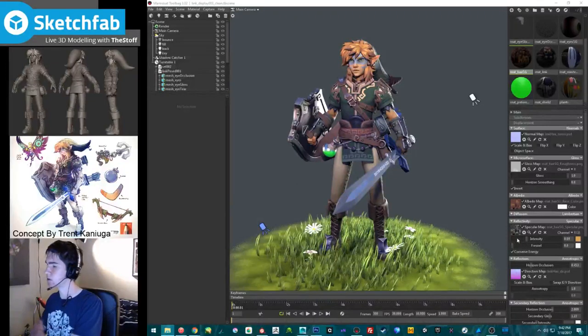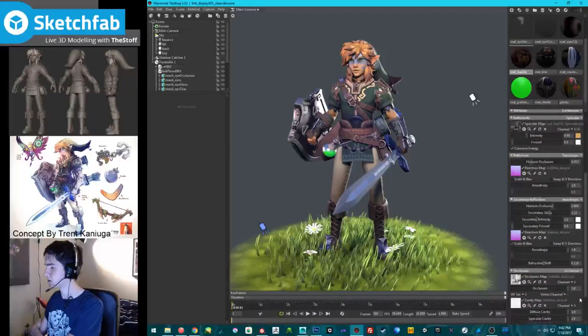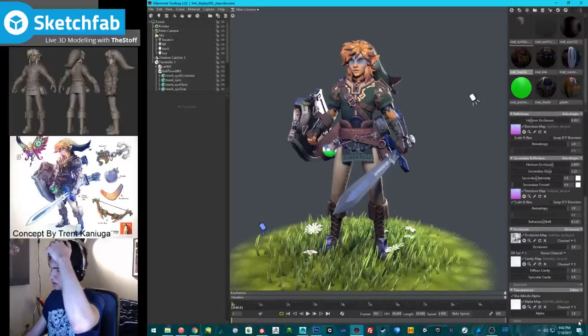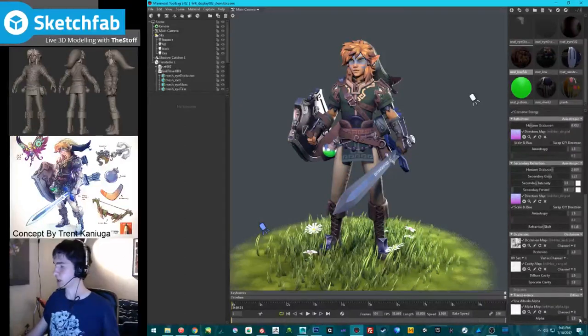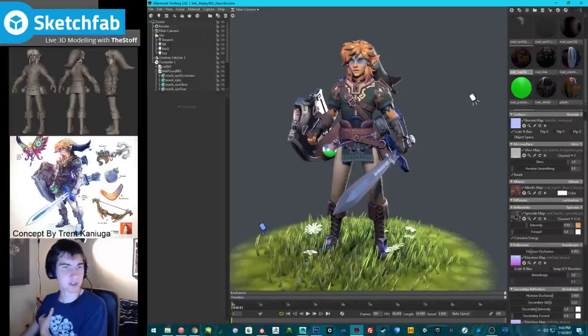Okay. And then I added a bit of a tint to it. And I do have occlusion set up. And then an alpha. But I'm just gonna include that into the texture. Yeah, okay, cool, I got this.